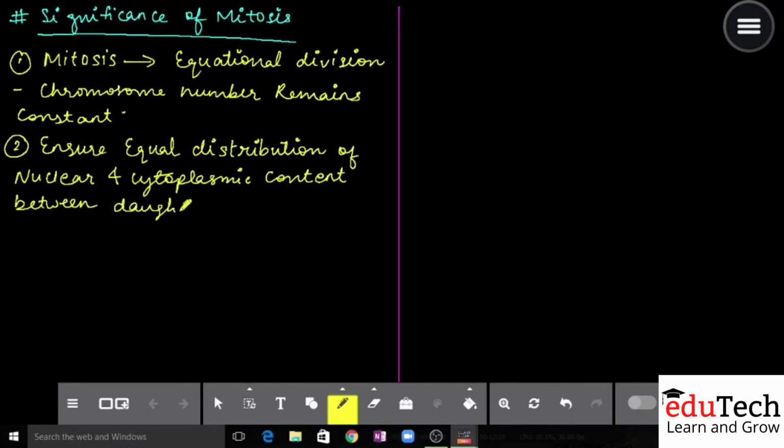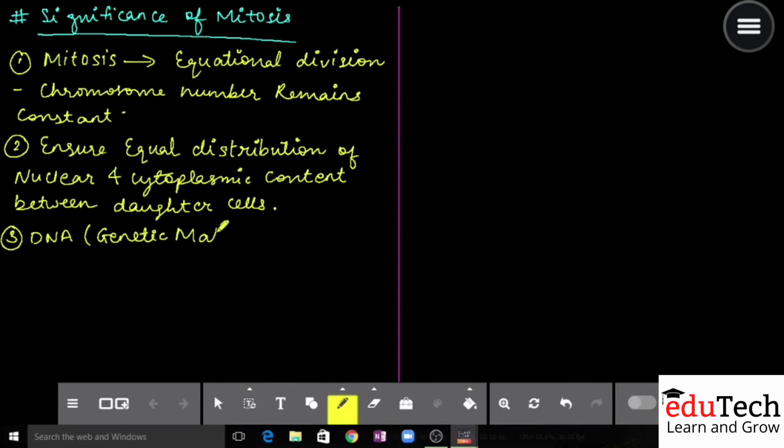This is ensured, this is taken care by mitosis. So therefore mitosis is important, ठीक है।